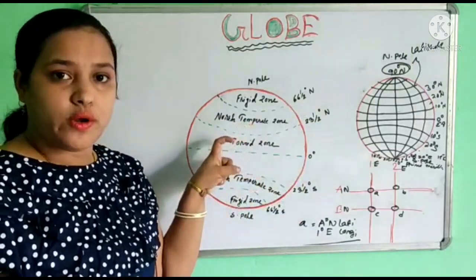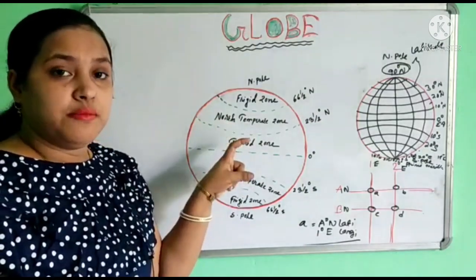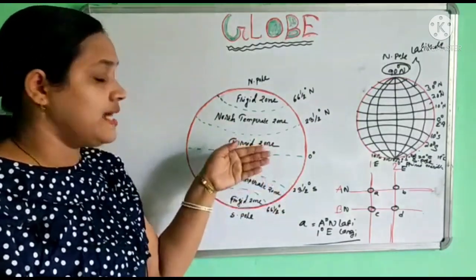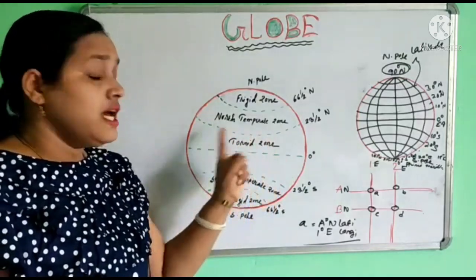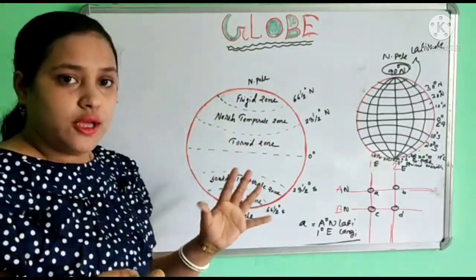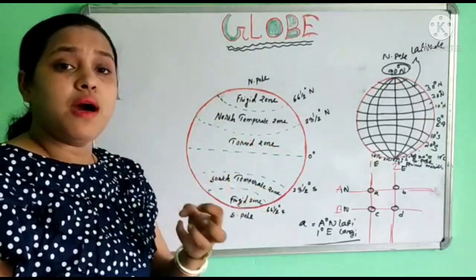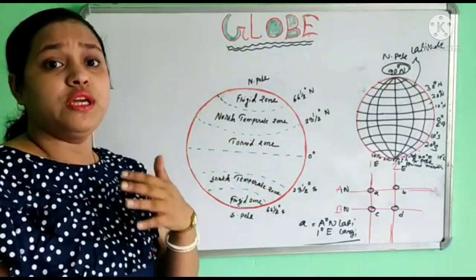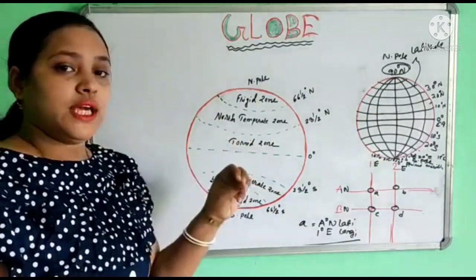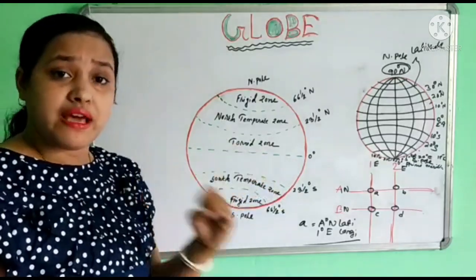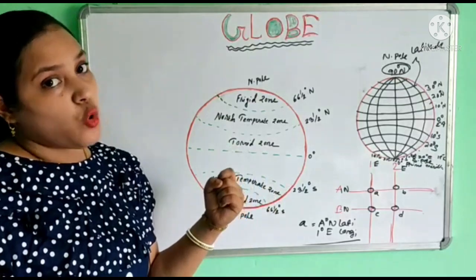So this area is known as the torrid zone, where we can say the midday sun is overhead in all the latitudes in this region. Okay, so this area receives maximum sun rays during once a year. That is the reason that we can say this area receives maximum heat. So for that reason, this area is known as the torrid zone.